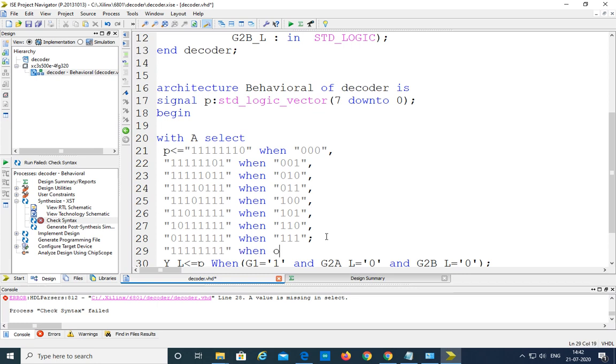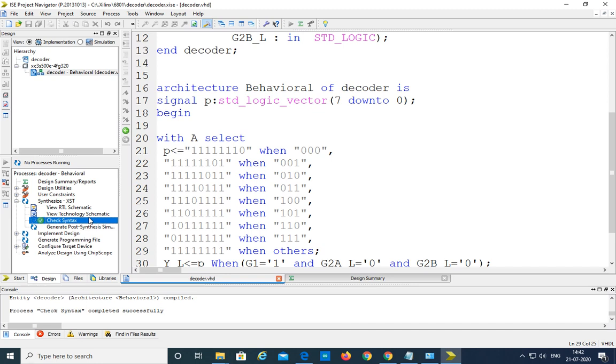When others. So this is the actual syntax. Now save this one and click on check syntax. Now check syntax is successful. Now we have finished writing the VHDL program.